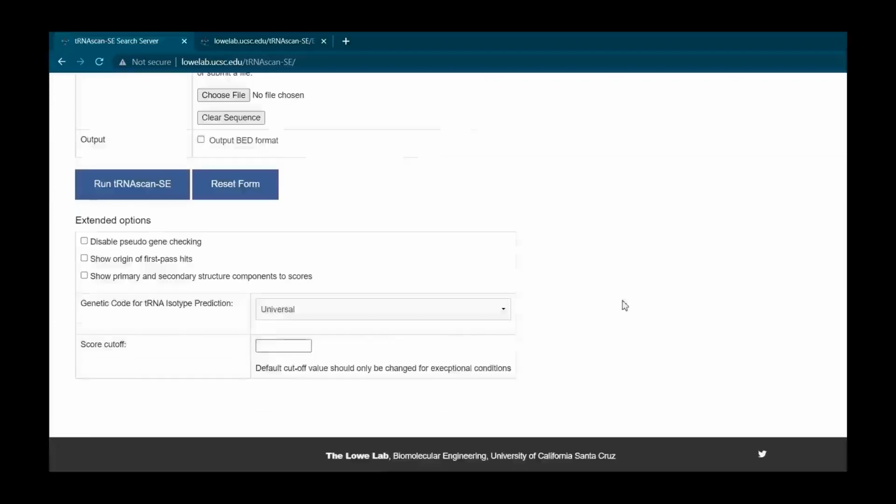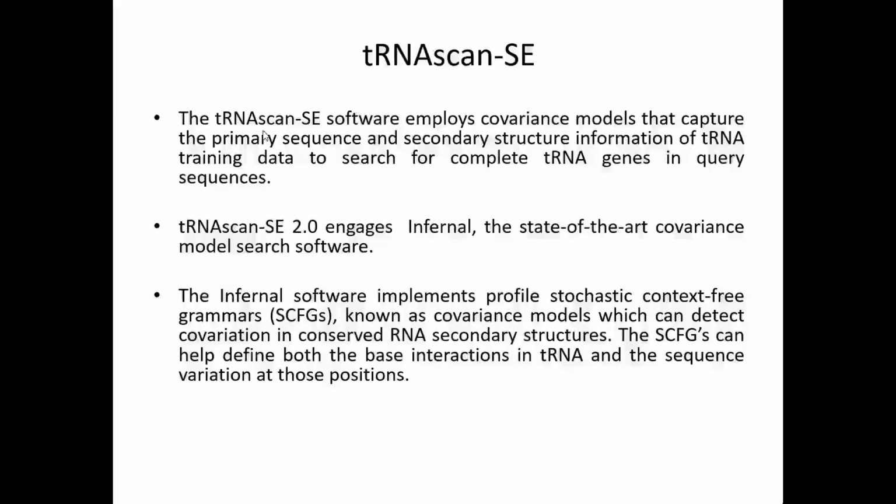So now let's look into the details of the tool. This tRNAscan-SE tool searches for complete tRNA genes in the query sequence. It employs covariance models which have information about primary sequence and secondary structure of the tRNA training data set. This new version 2.0 engages Infernal, which is a covariance model search software.